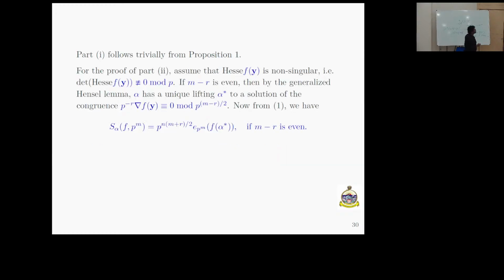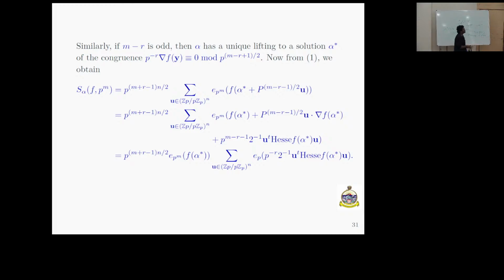Okay. So trivially, our proposition 1, if you remember, that is, whenever there is not a critical point, the sum is 0. That is true from the last expression. And what I do whenever this is a critical point and the Hessian is non-singular, we will use this Hensel lifting. For the first case, we can directly lift. That means we can directly grab some alpha star and put that alpha star in the exponential sum. That's all. But for the odd case, what will we do?